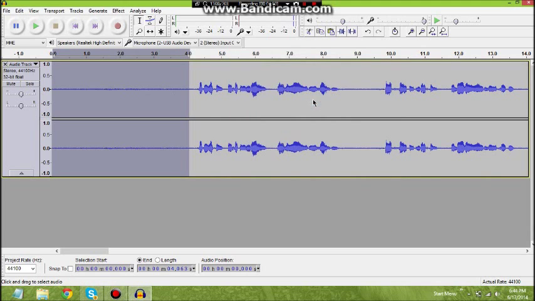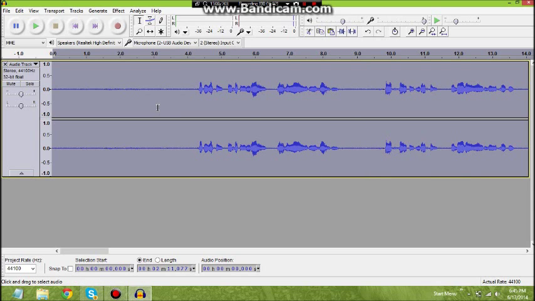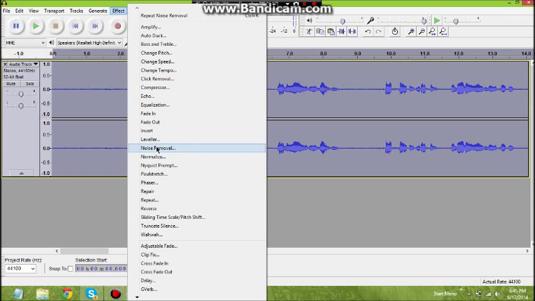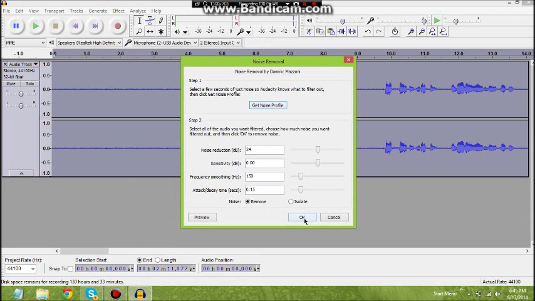You click Get Noise Profile, and then it reads this right here. It has read that to say, okay, this is background noise. So I do Control A, which will select the whole audio, and then you go back to Noise Removal and then hit OK. Now what you'll need to do is tweak with the number settings here, which I'm not going to mess with mine because it's set exactly how I personally need it. It's different for different